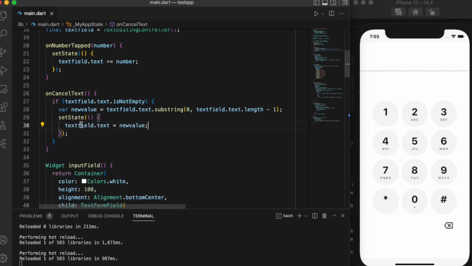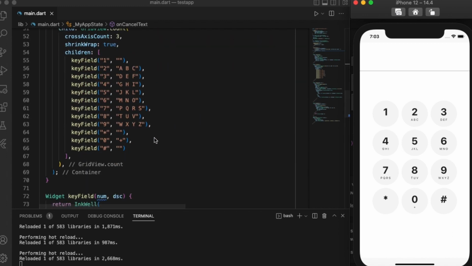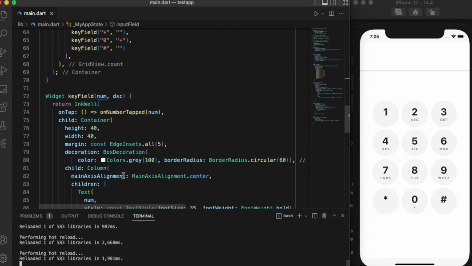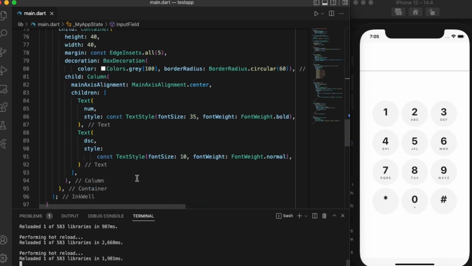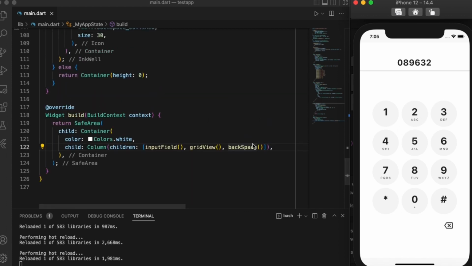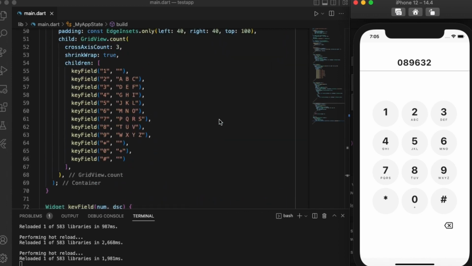Then when I do that, you see that it will work perfectly. So right, it appeared and it's gone. So that works pretty well, and that's the current iOS design for the keypad. Okay, so you can see it's working pretty well, but as I was saying, now we need to create that